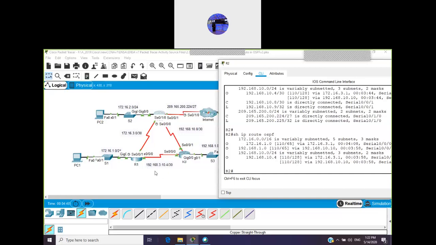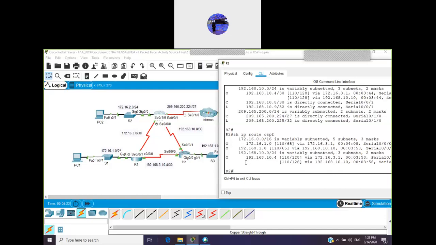Sebab kat sini tak ada host. So dia nak learn LAN contohnya kan. So dia nampak 16.1, 1.0 ya. 10.0, sorry 10.4 ada. Maknanya dia nampak 1, 2, 3. Cuma kat sini dia nampak ada dual path. Sebab dia equal path ya. Cost dia sama untuk reach this network. So that's why to go to 10.4 ni dia ada 2 route. Because of the equal cost. Okay. So tapi R2 ni